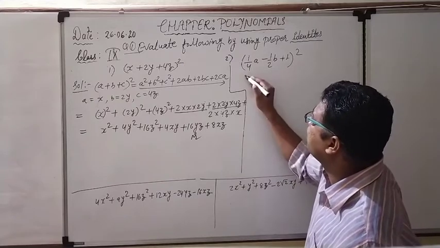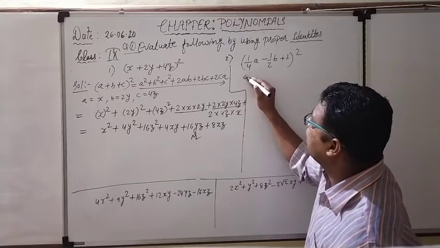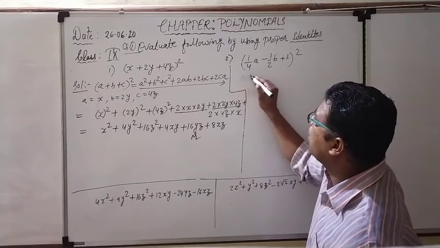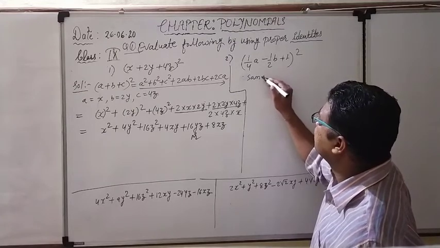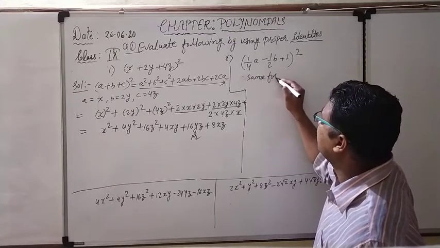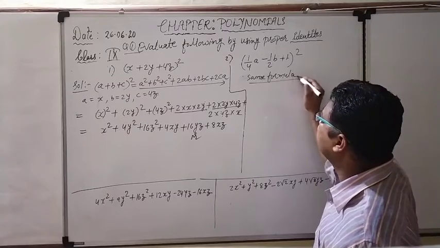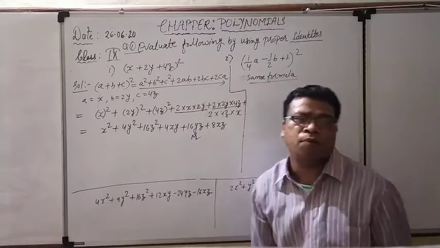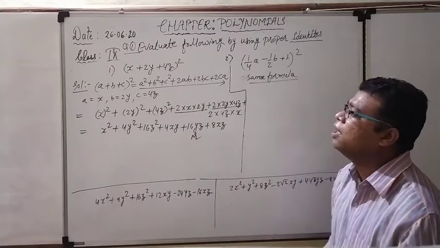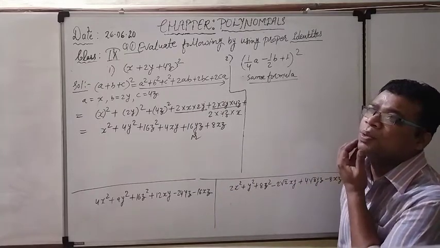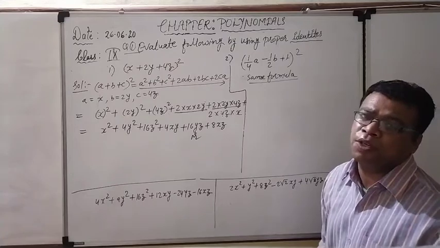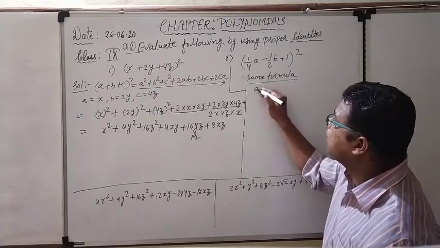Again the same formula is going to be used. So again I need not write down the formula. I am just writing the same formula. Same formula. Why should we waste our time? The same formula is there, that you can see from here also. On the left hand side the formula has already been written. (a + b + c) whole square = a square + b square + c square + 2ab + 2bc + 2ca.